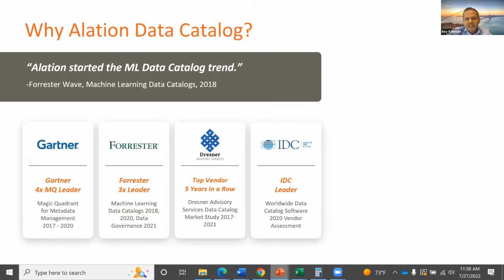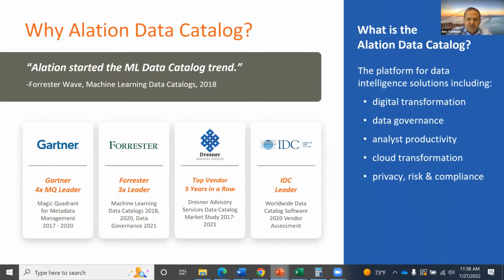So when I talk about Alation Data Catalog as a platform, what does that really mean? What it really means is it's a platform for data intelligence solutions. When you're thinking about digital transformation, data governance, analyst productivity, cloud transformation, risk and compliance, Alation leads in all of